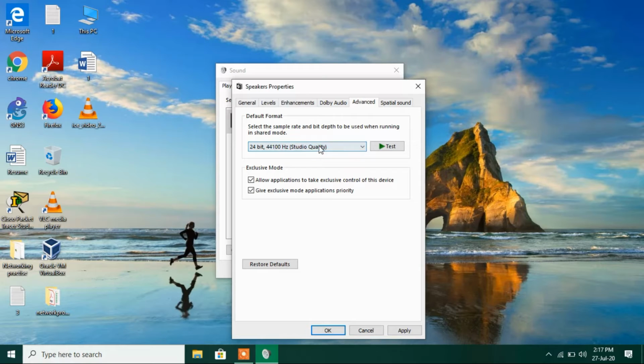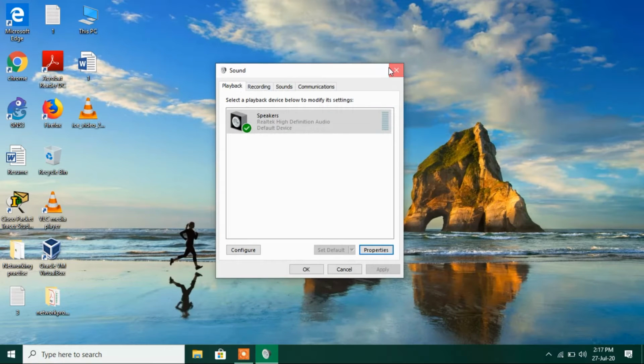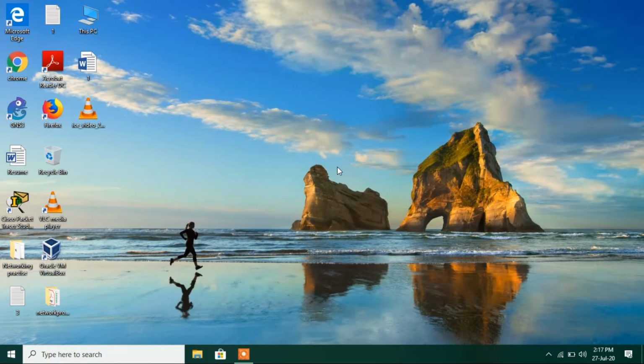So just change the option and see whether your sound is working or not. Whatever change you make in these tabs, click on the Apply button and click on OK. So this was method number 1 to fix these sound problems.